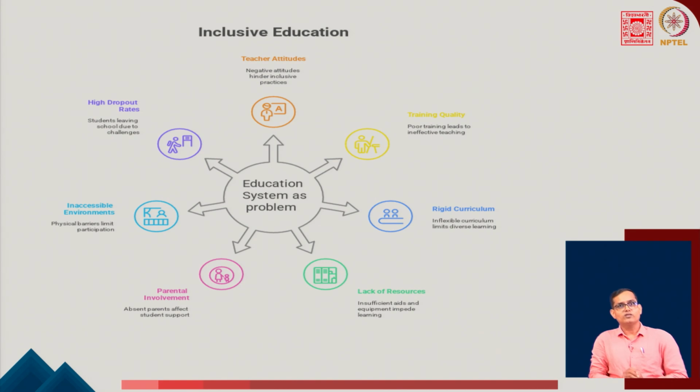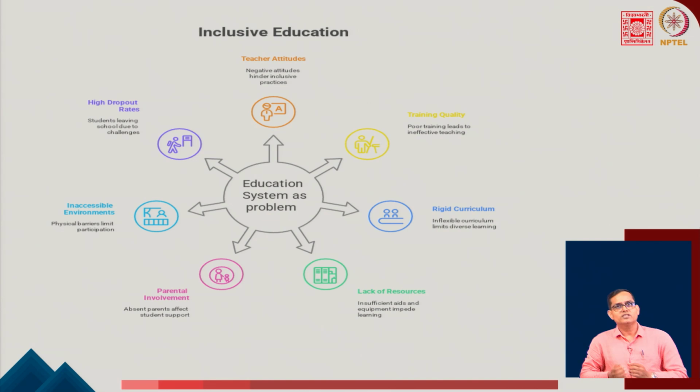So, after going through the discussion on inclusive education, now we can say that inclusive education considers the education system as a problem, not the child as a problem, while integration considers the child as a problem and not the system as a problem. So, inclusive education considers the system as a problem. It means the system needs to be modified as per the need of the children with disabilities and all the diverse learners,